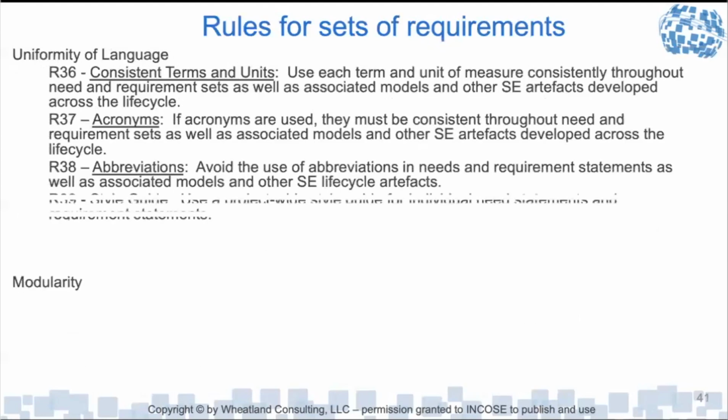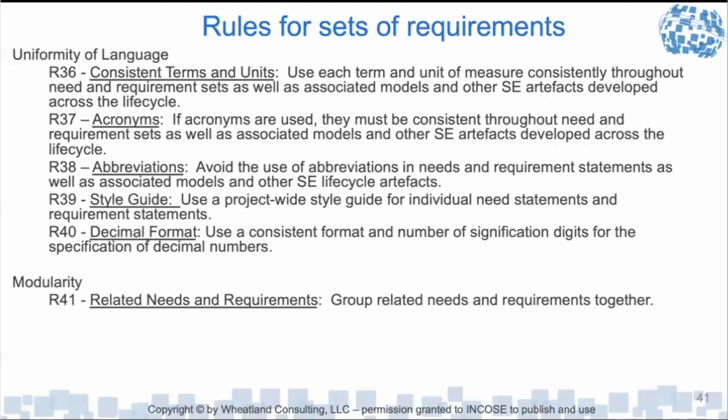Rules for sets of requirements. So for consistency across the set, we need to follow these. Acronyms need to be consistent and they need to be defined someplace. Abbreviations the same way. It would really be good to avoid abbreviations sometimes because people may abbreviate things differently and it could be misinterpreted. The organization, as part of the design control, should have a style guide for how you're going to not only write need and requirement statements, but also how you're going to manage them within a tool